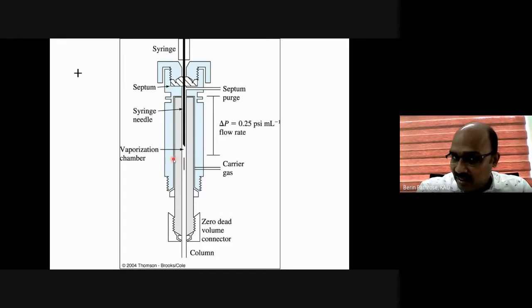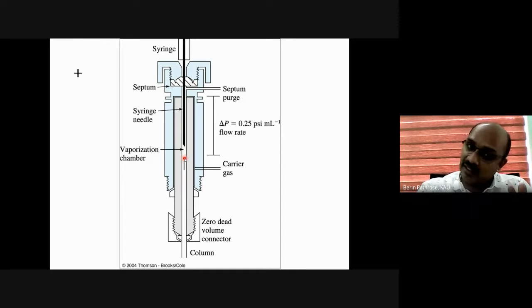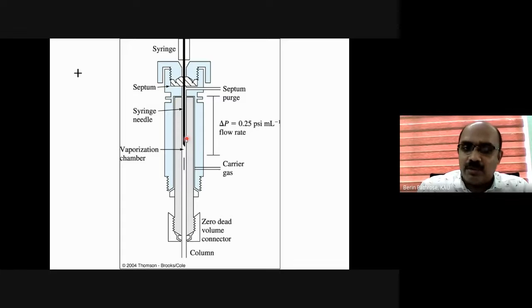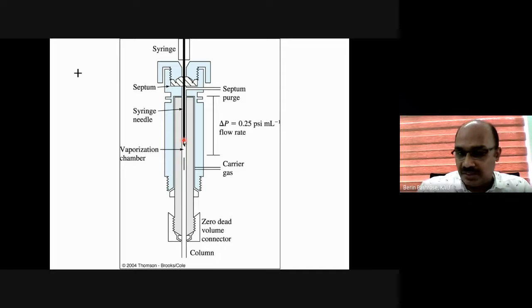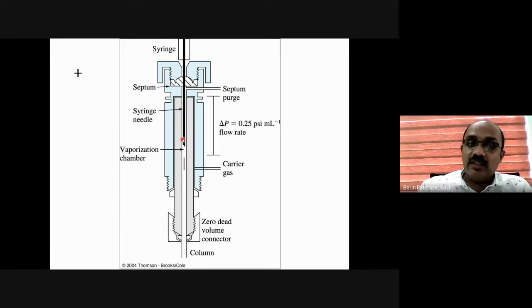This injector is held at high temperature. I told you that we can adjust the temperature depending upon the compound which we want to analyze. There are certain compounds such as essential oils and all that don't need very high temperature to volatilize. Then we can keep it at a temperature of say 60, 70, 80 or 90 degrees. And for certain compounds, we may require a very high temperature for volatilization. In that case, we can raise it up to 250, 300 degrees Celsius. So depending upon the compound which we want to analyze, we can change the temperature, and at that temperature, the compound will get vaporized.